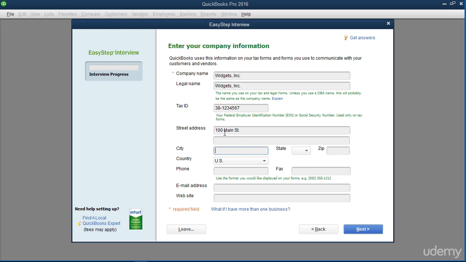Enter your city into the City field. Then select the abbreviation for your state from the State drop-down menu. Next, enter your zip code into the Zip field. Select your country from the Country drop-down if necessary. Enter your phone number and fax number if desired into the phone and fax fields using the formatting you want